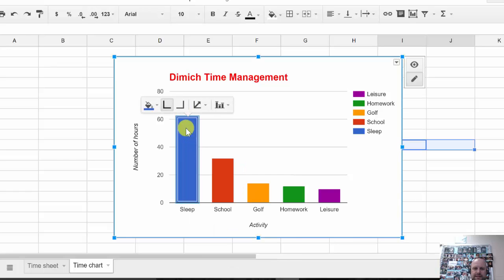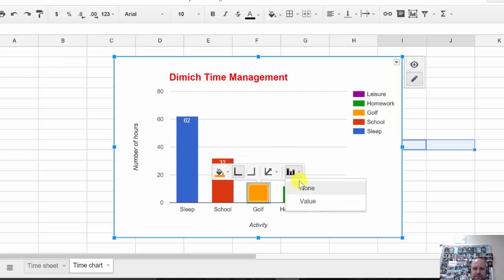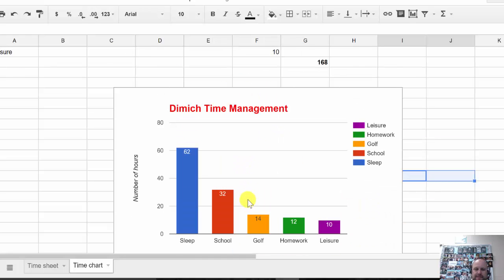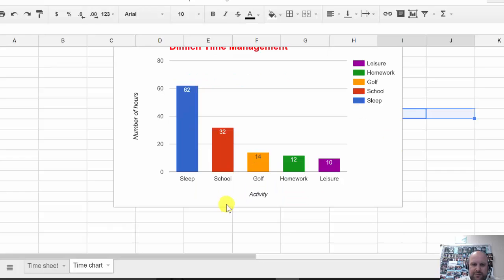The only thing that we did lose for some reason was our values, and that was because I had showed you that you could add different types of charts. So I just went back and clicked on Edit Series for each of them, and got the number of hours in there back to what it needs to be. So that's a very attractive looking chart that gives you, the reader, at a glance, your time management in addition